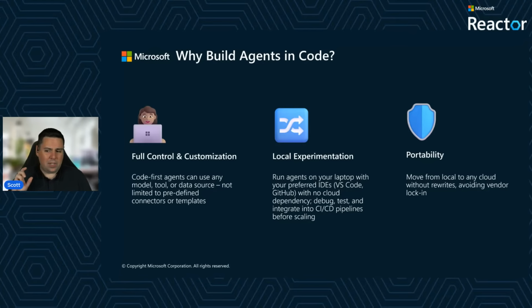The second piece, when it comes to local experimentation, is something that I find quite interesting. I often find that this is a really good indicator of whether writing an agent as code is right for you. The majority of use cases that really benefit from it need local debuggability: the ability to step in and step through and understand what's happening at a tool call level, or how an agent is formatting a response, or how a system is passing information backwards and forwards as part of an MCP or any other tool.